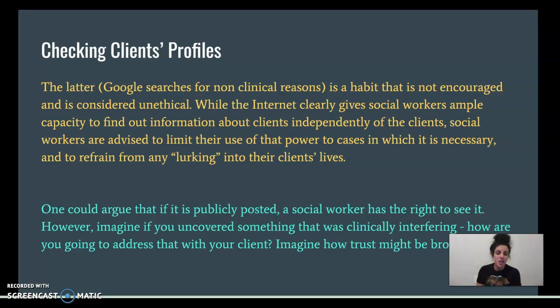I actually had this. I was trying to track down a client because he'd been missing from our housing program, and one of the rules of housing was you could not be engaging in substance use. So I happened to creep on his social media, on his Facebook, to see if he'd been active, to give indications that he was still alive, or if he was in town. And it was just filled with paraphernalia about his marijuana use. So here I'm at this crossroads where he's telling me he's not using, he's abiding by program rules. Well, now I found all this information. How do you confront a client with information that you creepily obtained? It can really break trust.